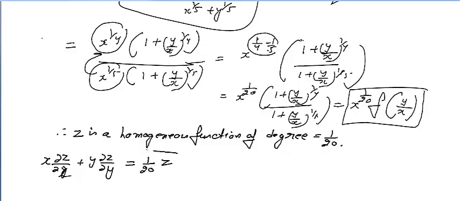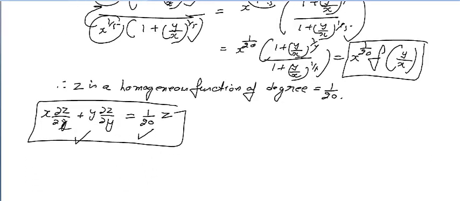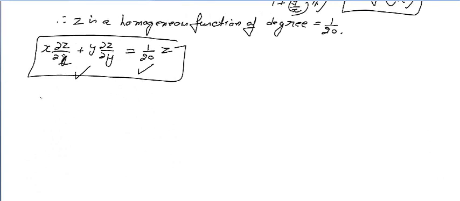But now we have to verify. We have to prove the left hand side is equal to the right hand side, and it will be valid because now it is homogeneous. The only challenge for you today is whether you are able to prove it or not. So I am going to prove it. I want to verify it. So I will differentiate. Once again, z is equal to x raised to power 1/4 plus y raised to power 1/4 upon x raised to power 1/5 plus y raised to power 1/5.